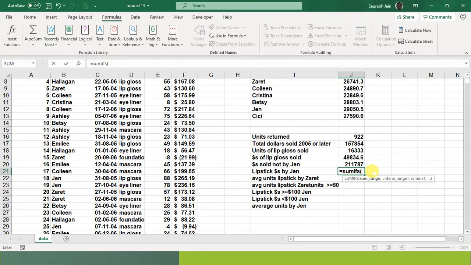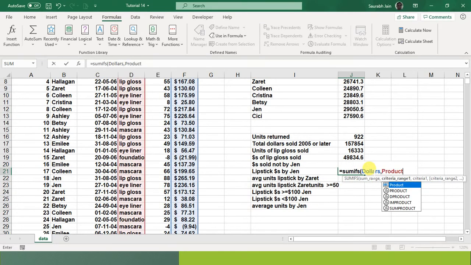Fine. So I say I need to sum dollars, comma. But now, what is my criteria? Lipsticks. So I say product, comma, has to be lipstick. We always know that text has to be written in inverted commas.